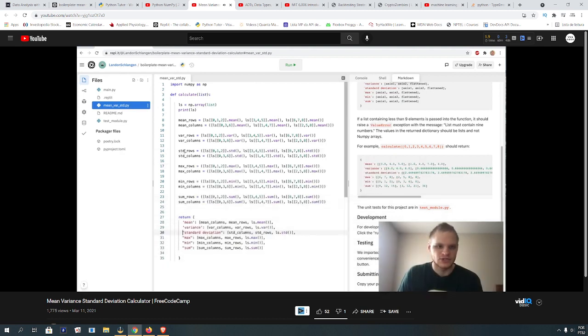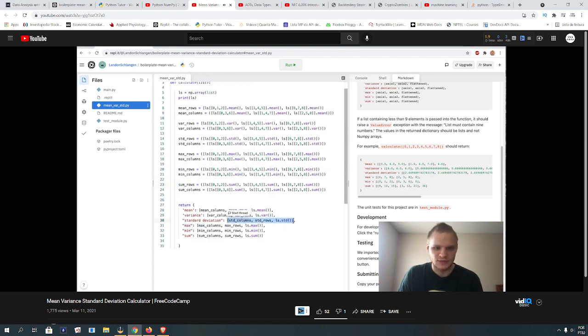All right, so standard deviation is just std for standard deviation. Max is just max, min is just min, and sum is sum. And yeah, we just put them inside these arrays, and then we can